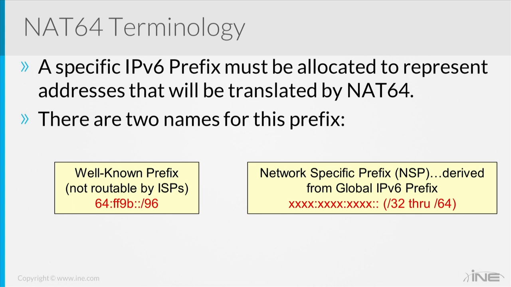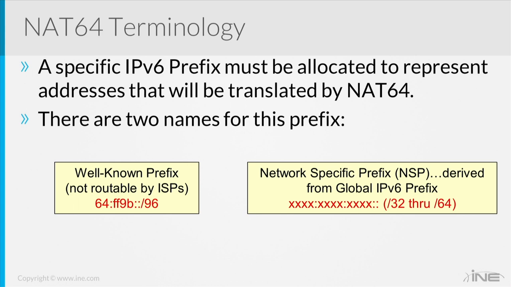But notice the two differences here. The well-known prefix has got a standard format. It's that number, 64:FF9B. It's a standard length, 96-bit prefix. So you can imagine, an IPv6 prefix is 128 bits long. So if I subtract 96 from that, what am I left with? 32 bits. I wonder what I'm going to put in those last 32 bits of the address. Guess what? It's going to be that IPv4 address of INE.com or Google.com or whatever it was that you were